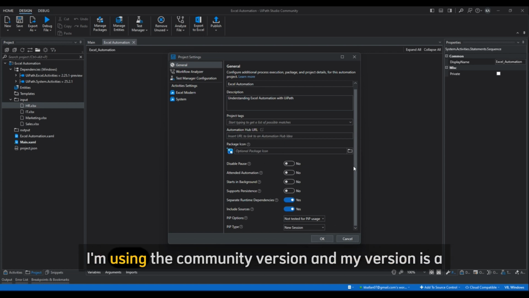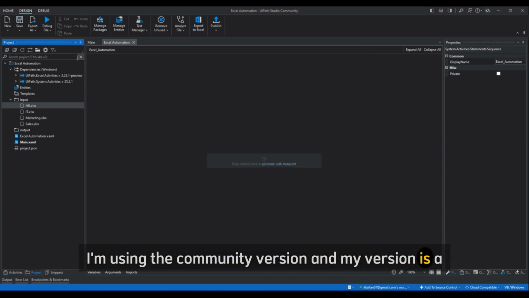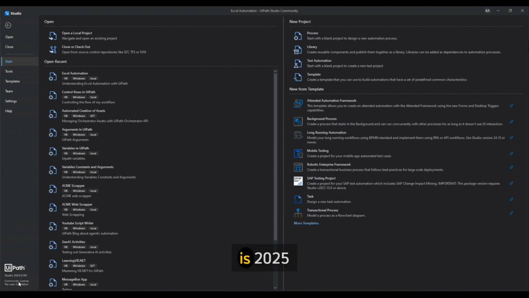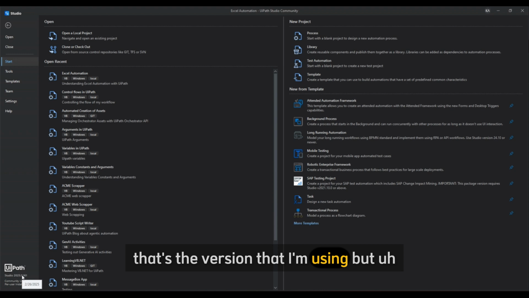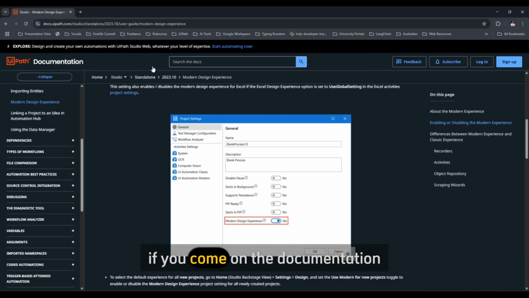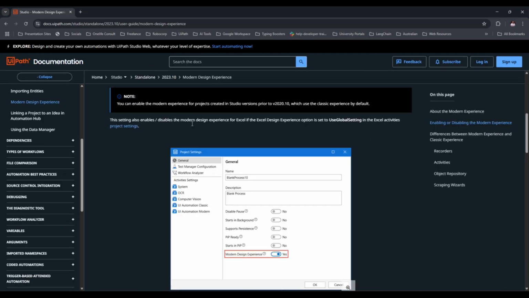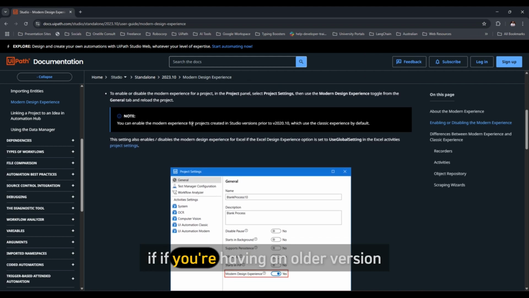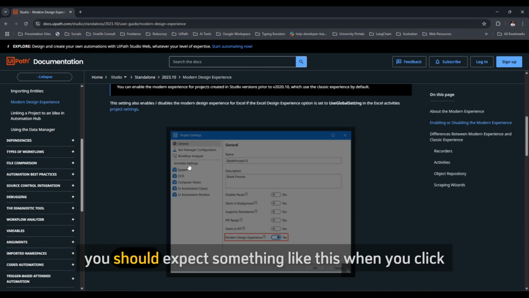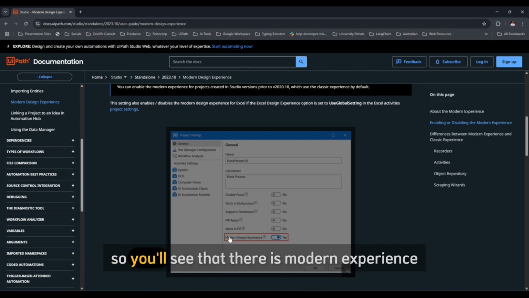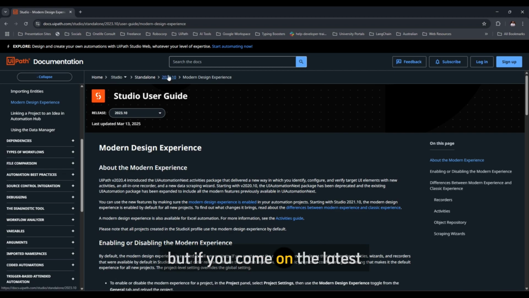I'm using the community version, and my version is 2025. But if you come on the documentation, if you have an older version, you should expect something like this when you click. So you see that there's modern experience. But if you come on the latest part of the documentation,